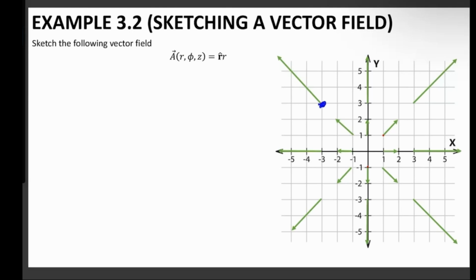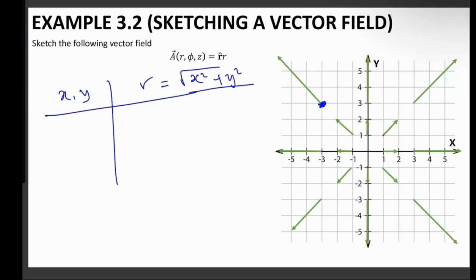Example is minus 3 and 3. X, Y, R equal to square root of X squared plus Y squared. Let's say we put minus 3 and 3 here. So R will be equal to square root of 9 plus 9, which is square root 18. Okay, this one. The direction is out of